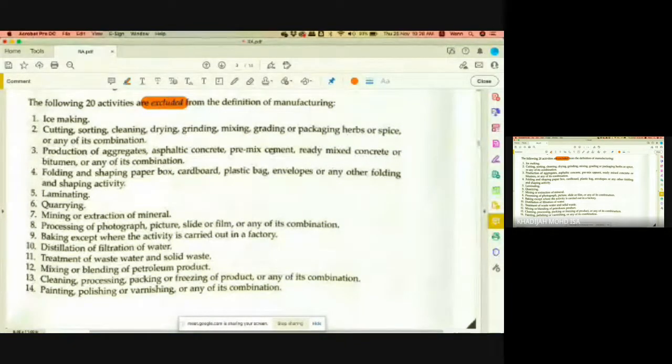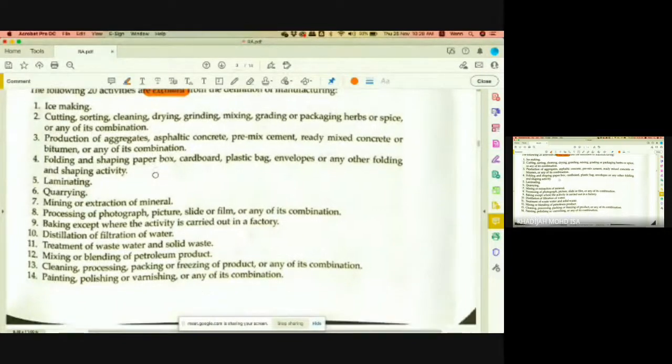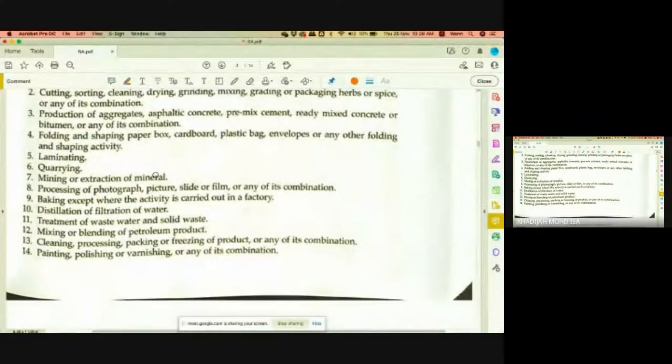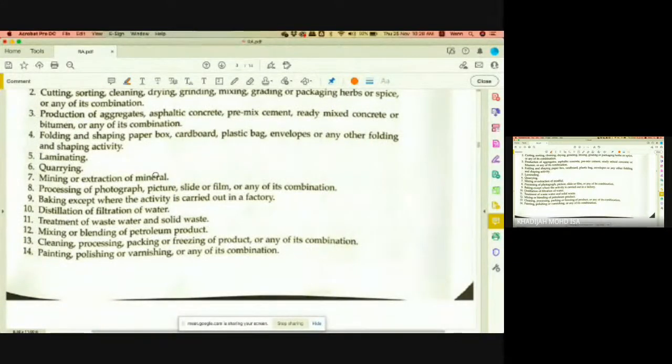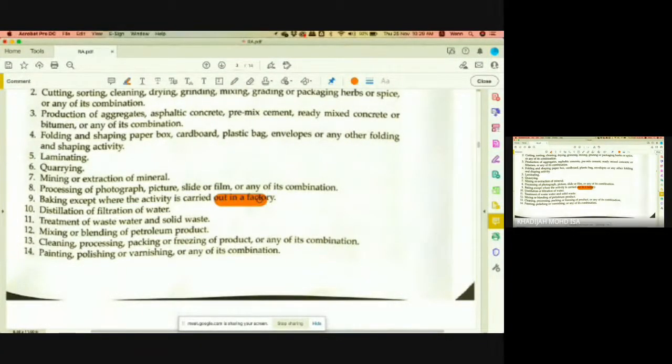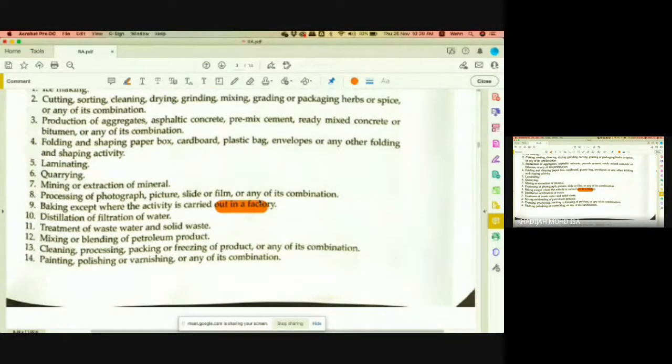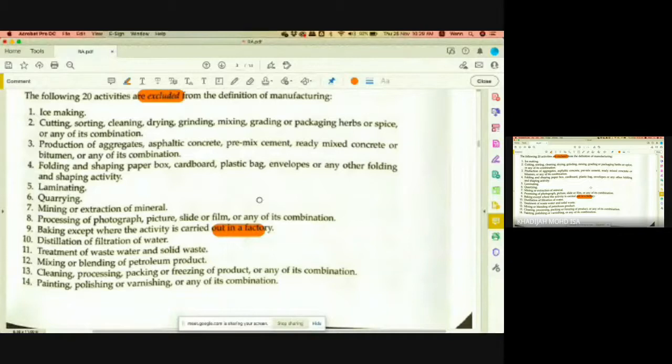And then you have pre-mixed cement, concrete, folding and shaping paper box, laminating, quarrying, mining or extraction of mineral, processing of photograph, baking, except if it's in the factory. Distillation or filtration of water, treatment of wastewater, mixing or blending of petroleum products, cleaning, processing, packaging or freezing of product, and painting, polishing. So normally we see these as manufacturing companies, but actually under the law, for RA purpose, you cannot claim reinvestment allowance if you are involved in this kind of